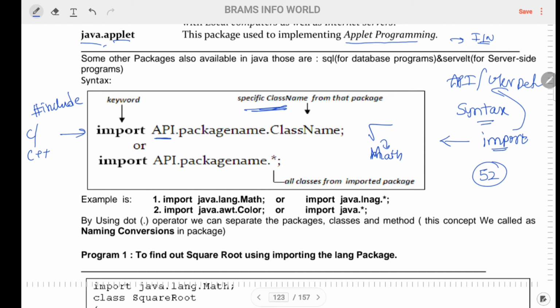See, all these class names are going to be available in the framework, like NetBeans or Eclipse. If you click on java.lang, then you will get a kind of drop-down box. From that you can select any one of the class names, otherwise you simply have to press the star button.